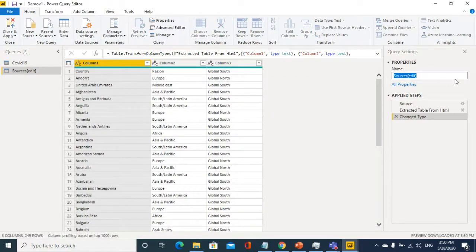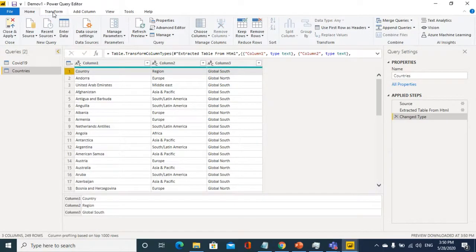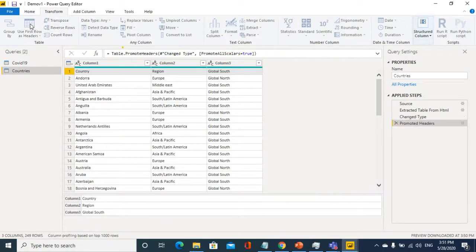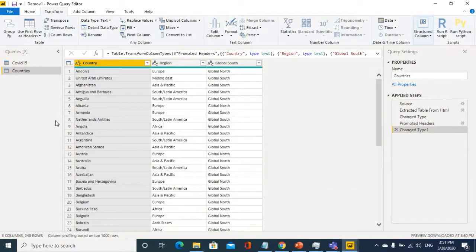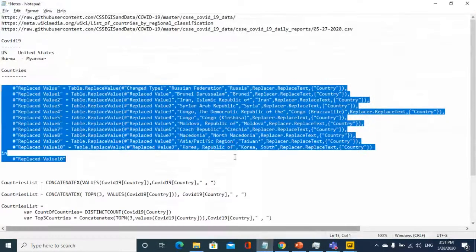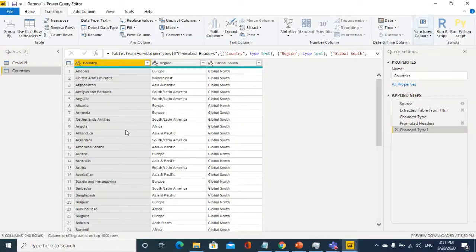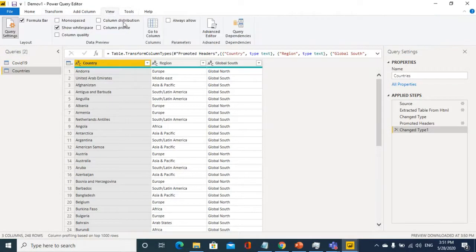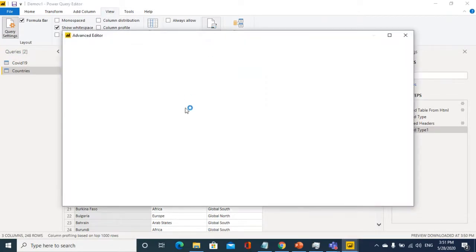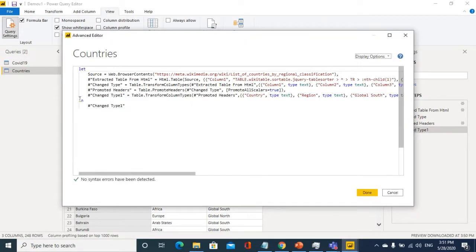Rename this dataset as countries and move the first row up as the header row. Okay, now apply those steps. I'll replace the various values to match the COVID data.